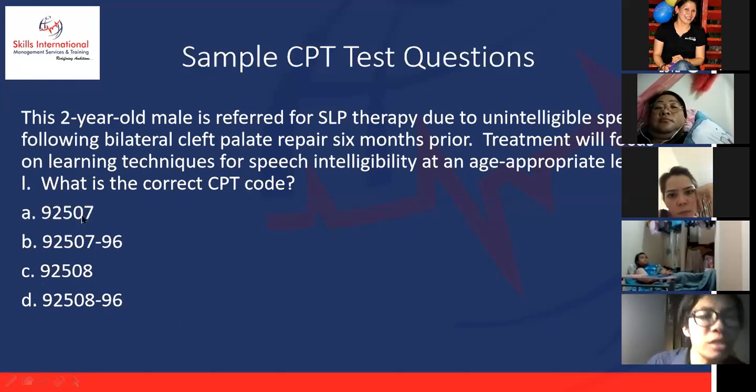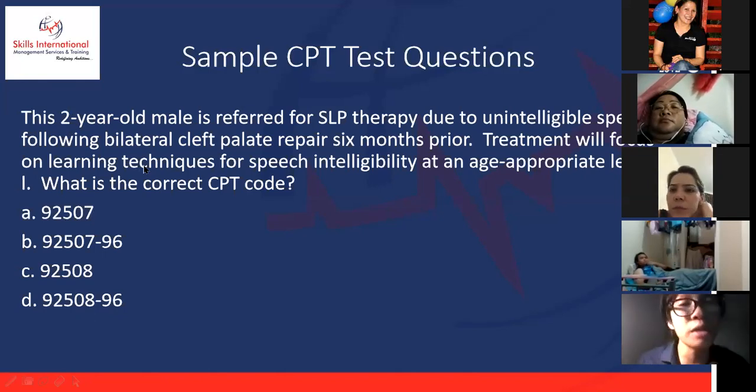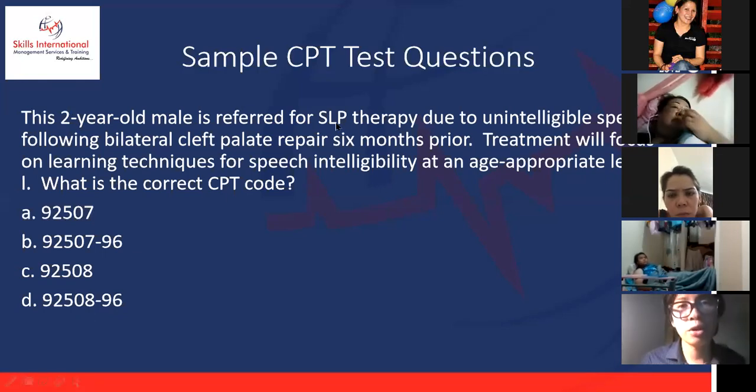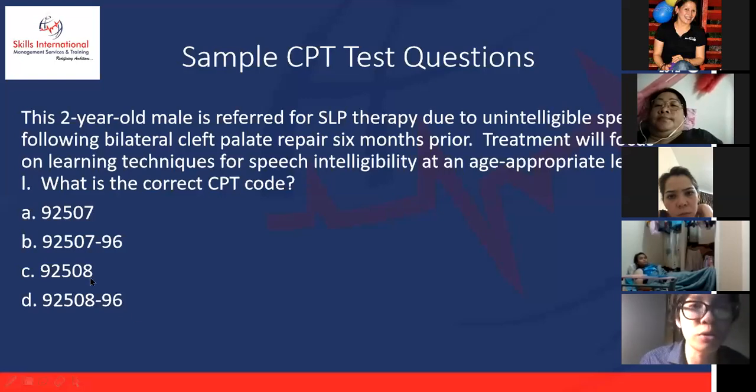Or how about what's the difference between 92507 to 92508? So you will need to check the codes. CPT codes or the procedural codes are easier to take because you don't need to find the particular code using the word. You just go directly to the codes and check